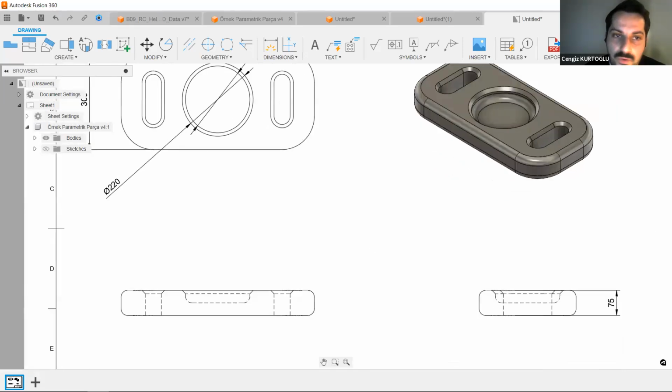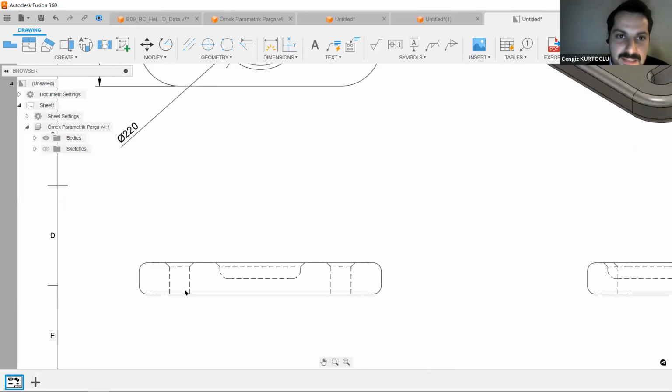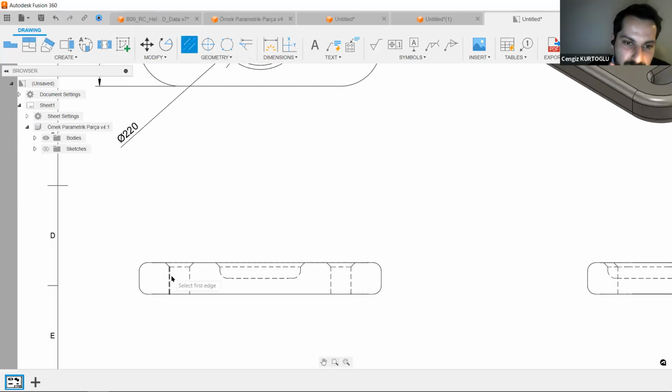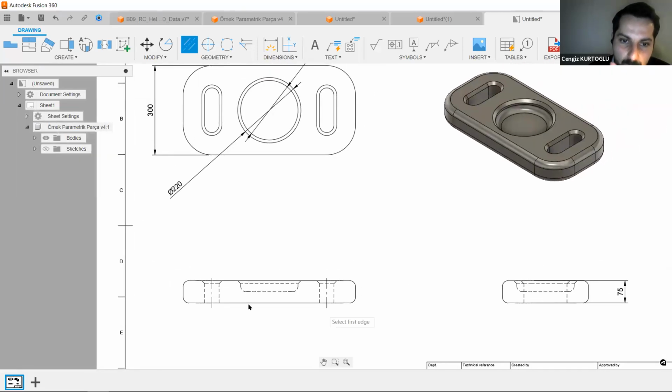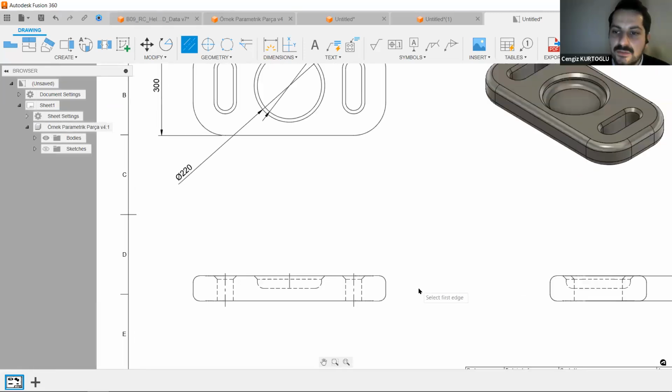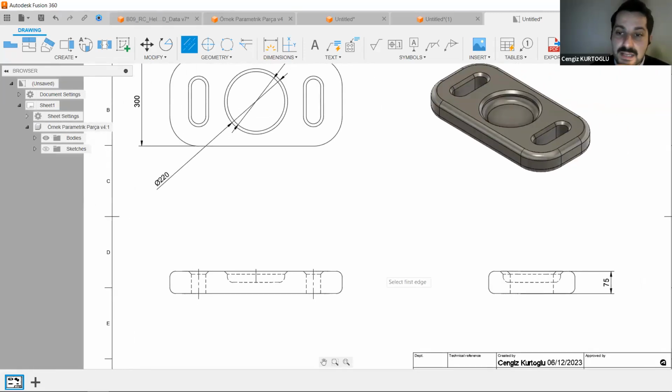After that, you can continue to add some details. For example, we should add center lines for these holes. First edge, second edge. As you can see, it's a very quick way to add some center lines,